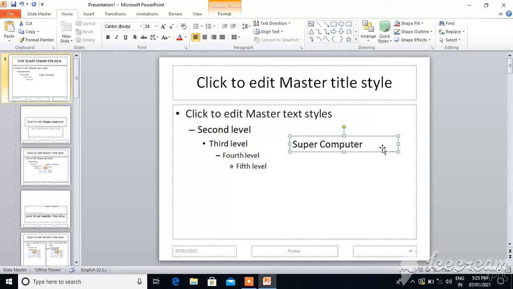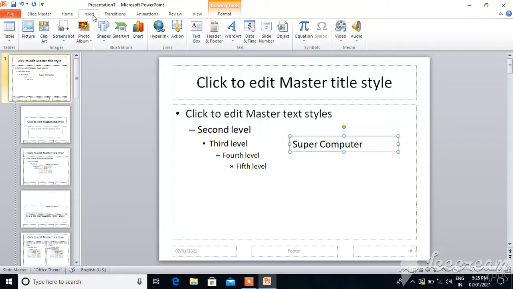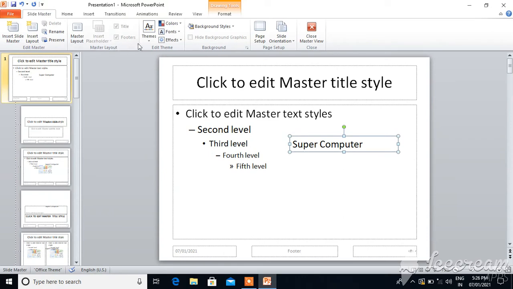Now we'll see how to apply a theme to the slide master. Theme means the theme provides a ready-made design. Okay, so click on the theme, Insert, go to slide master.